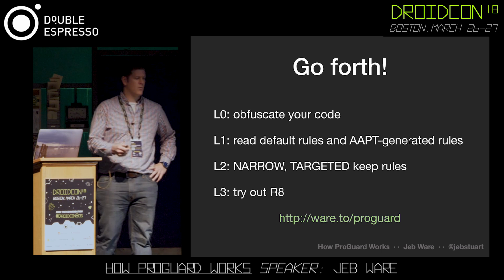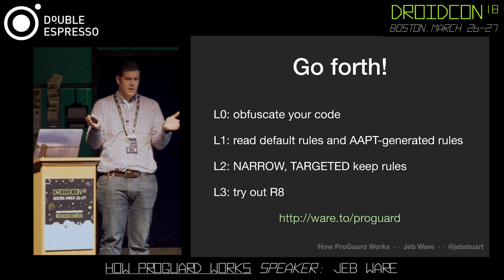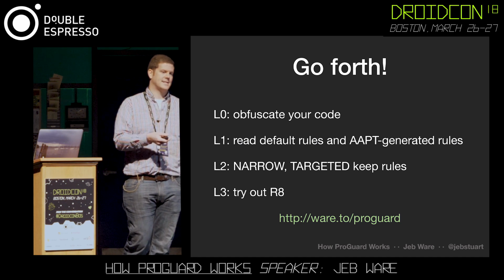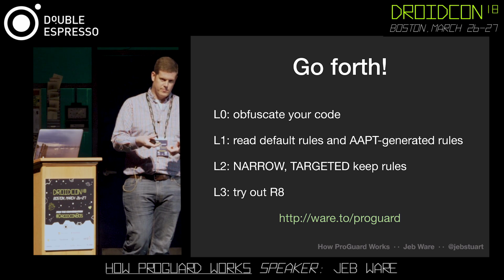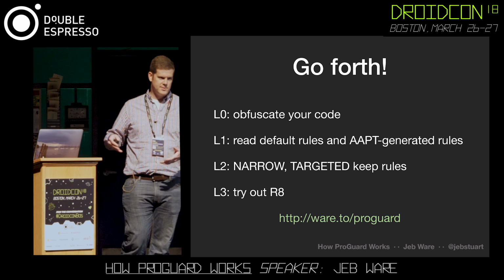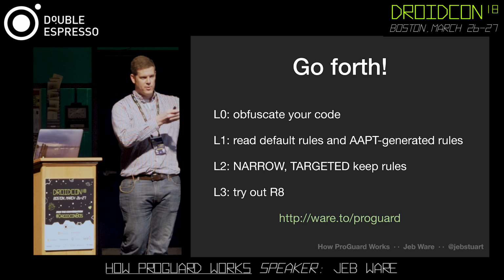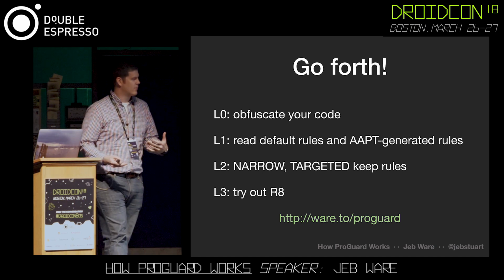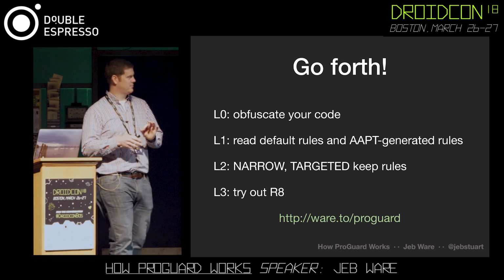Right. So when you get into one of those cases and you've got an error message that you're looking at, it's usually reflection failed on this one class that it was expecting to find, or this one class member wasn't there. So you probably don't need a rule for just that, but you need to figure out, oh, it's trying to deserialize my things. It needs to have the members there. All the POJOs are in this package, so I need to keep the members of classes in that package. So you need to figure out why some reflection call failed,